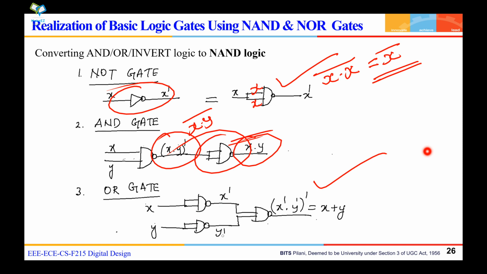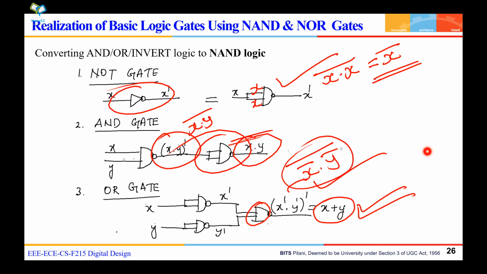So what you get is x bar, what you get here is y bar, and what you get here from this NAND gate is x bar y bar whole bar. Then you can use De Morgan's theorem there and you can prove it to be x plus y, right? So what you get here is x bar dot y bar whole bar, and for this you can use De Morgan's theorem and prove it to be x plus y, and you know De Morgan's theorem. Now use De Morgan's theorem to prove this. I'll be giving it to you as homework to learn. Please do study this.